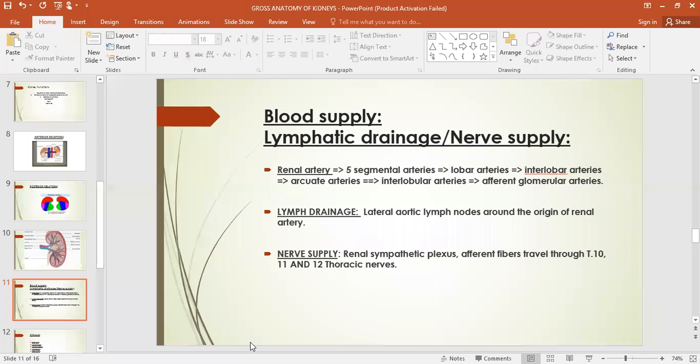Lymphatic drainage is through lateral aortic lymph nodes around the origin of the renal artery. Nerve supply: the kidneys are supplied by the renal sympathetic plexus, in which the afferent fibers travel through 10th, 11th, and 12th thoracic nerves. Okay,